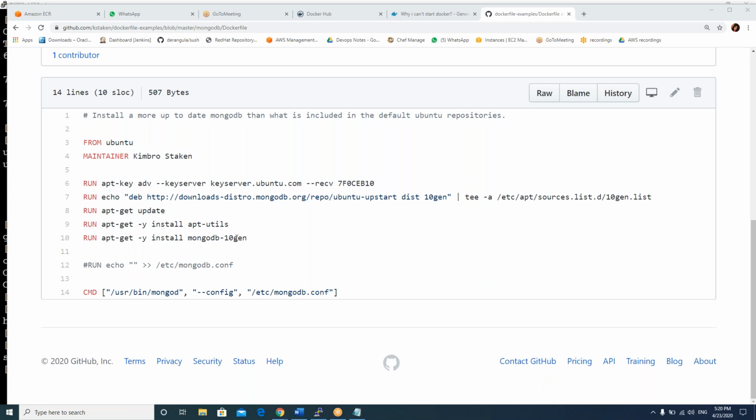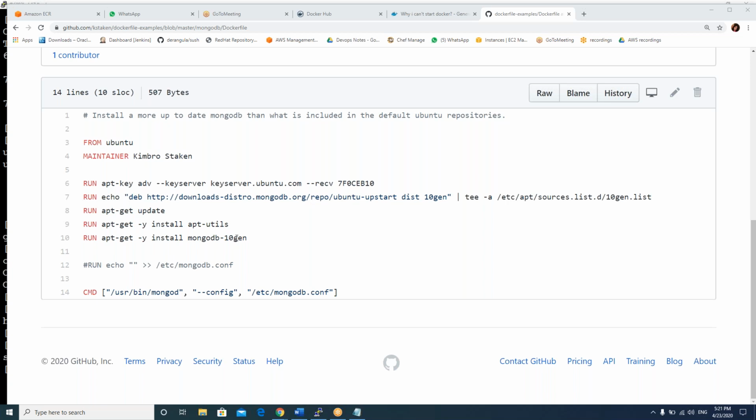MongoDB, that is a database. If you search how to install a database on Ubuntu, you may get these 5 commands, I think so. So simply those commands you are running one by one. You are using run space first command, run space second command. It doesn't matter what command it has.